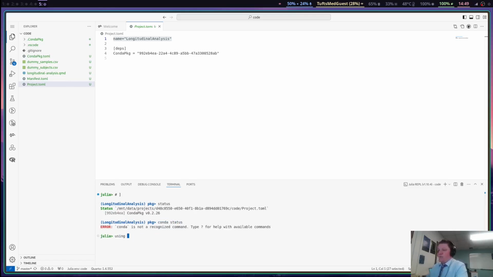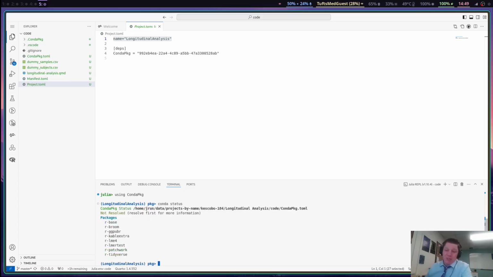You can also say conda status if you want to see, we have to be using the CondaPkg package in order to load that package version. Close square bracket, conda status. And that's going to look and see the R packages that we've installed. r-base contains R itself, and then the other packages that we've installed to use in R. And I should have mentioned, to get back to the Julia prompt, you just hit backspace if you're in the package prompt. But we're going to go back to the package prompt,